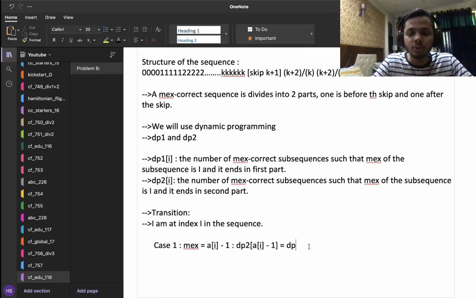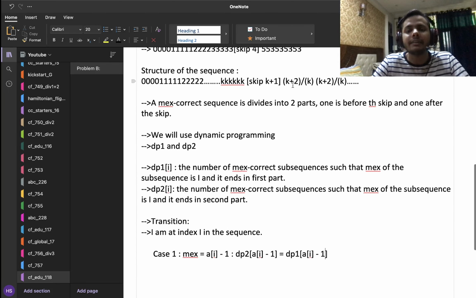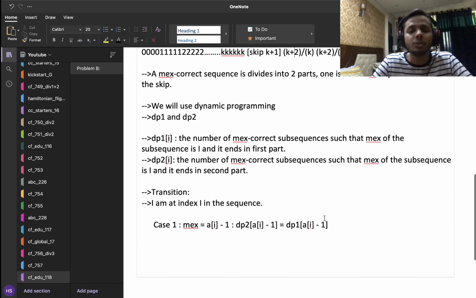And the number of ways to do that is dp1 of a of I minus 1. So basically what I'm trying to say here is that I am starting my transition here. That is, I have not yet transitioned and I have reached a value k, and then I skip k plus 1 and then I move on to k plus 2. My max will be k plus 1, which is a of I minus 1. And so the number of ways to do that will be dp1 of a of I minus 1.